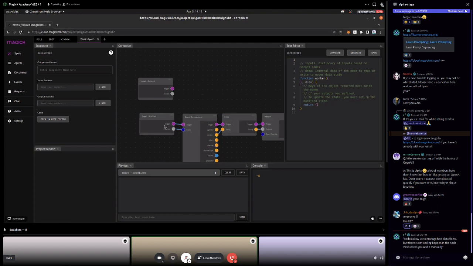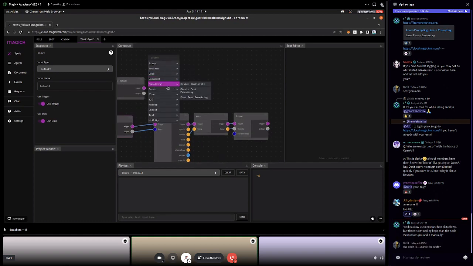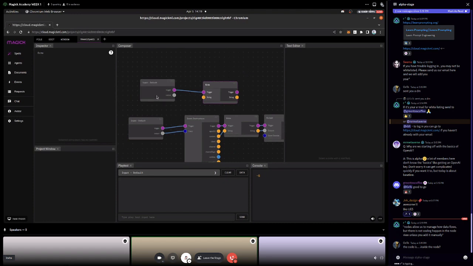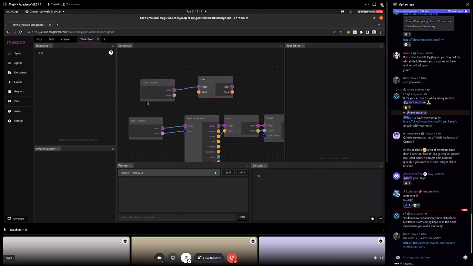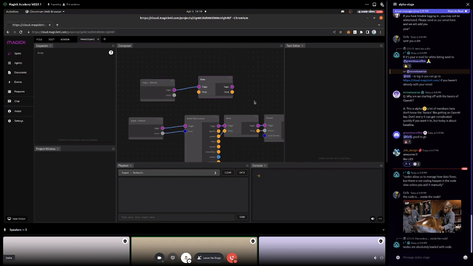So after nodes, we have these things called connections. And a connection, well, let's say I just have some other node here. A connection is when I drag a connection from one thing to the next, right? That is a connection. Now these two nodes are connected. What the trigger sends is a message to start running, like start doing stuff, do whatever your node does. If you're an echo node, you're going to echo whatever came in back out. Okay, cool, do it. Now's the time.